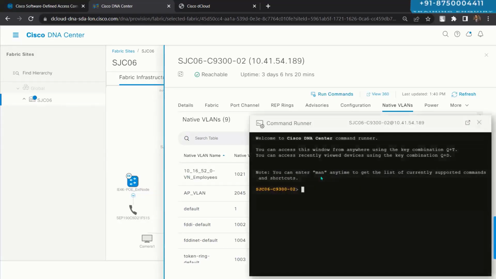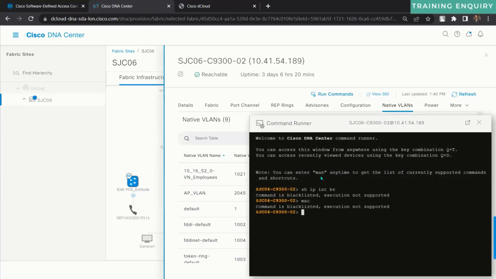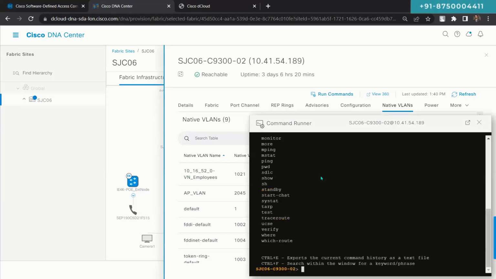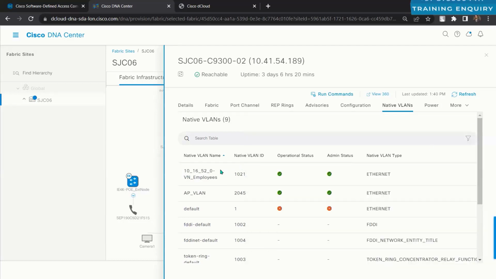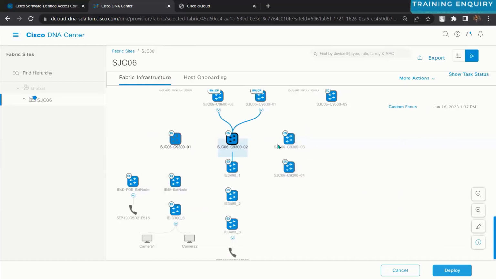Can I run the command show IP int brief? No, it is not allowed. Anyway, we are not able to validate that here. The IP is not being shown, but rest assured, the IP address will be exactly the same for VLAN 1021 on all the 3 fabric edge nodes. Whatever IP is here